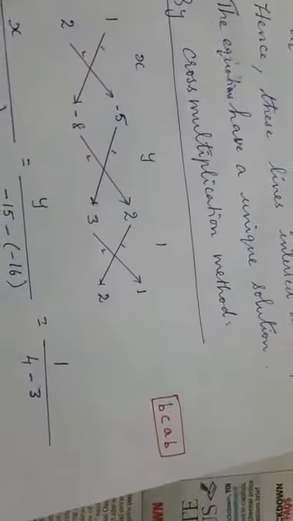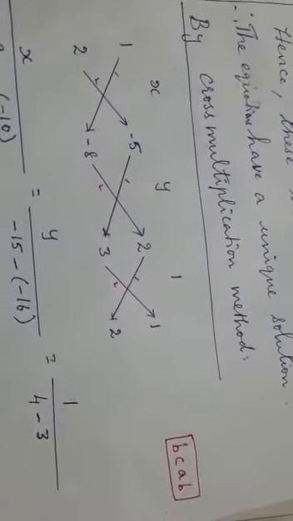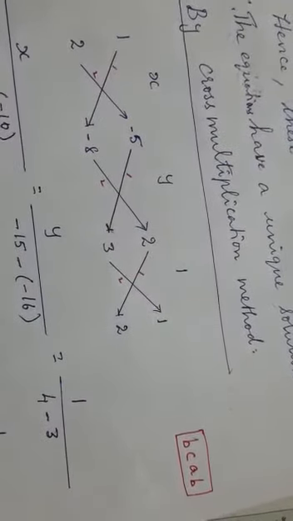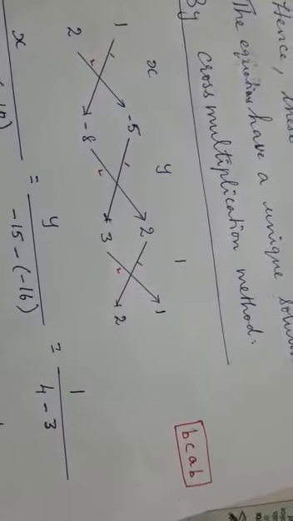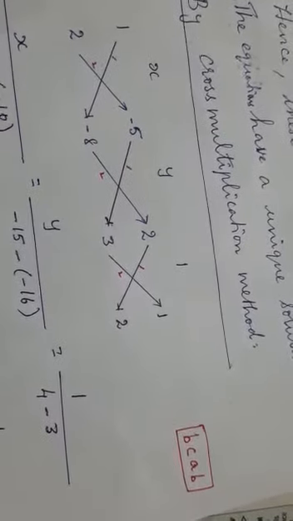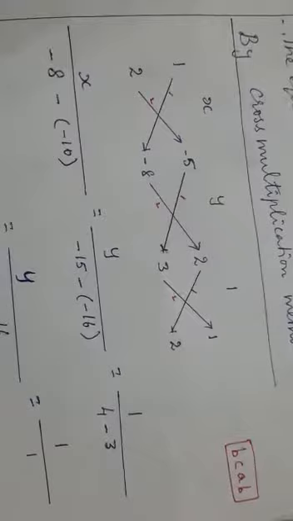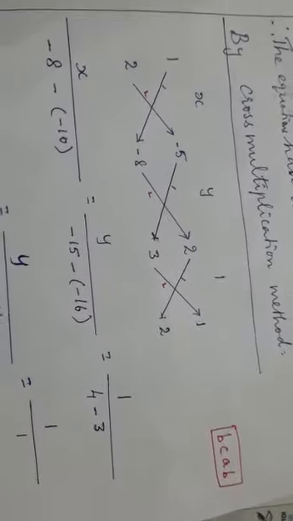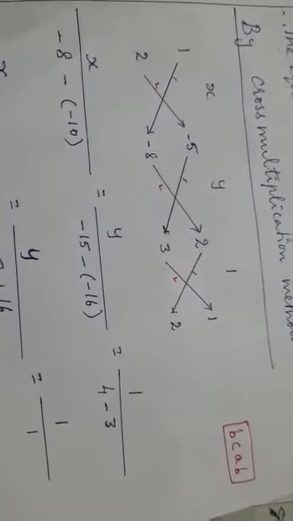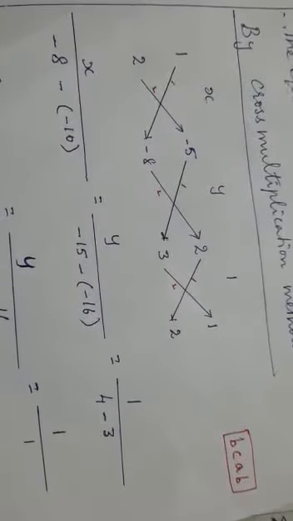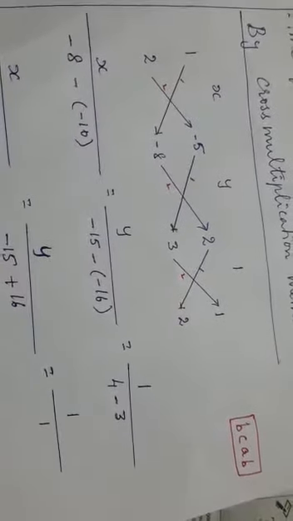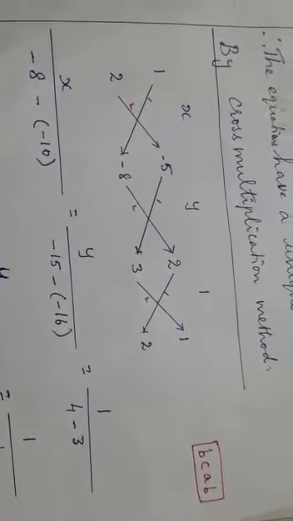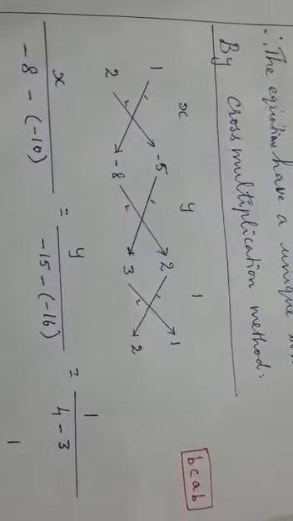Now first you are using that b, c, a, b. First you write the b values, that is b1 and b2, 1, 2. Then c is minus 5, minus 8. Then a is 2 and 3. And b is 1, 2. So x by, now multiply in this order where I have written 1, 2. The first one is 1 into minus 8 minus 2 into minus 5, minus 10. Next, minus 5 into 3, minus 15, minus of minus 8 into 2, minus 16. Then 2 into 2, 4, minus 3 into 1, 3.